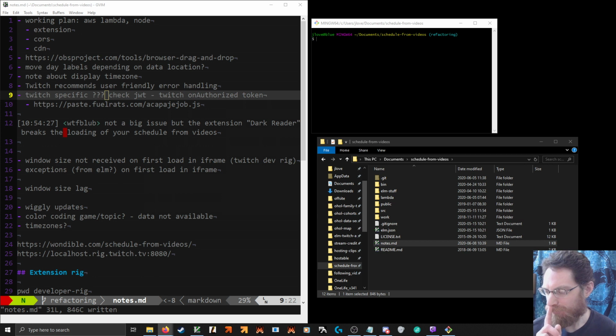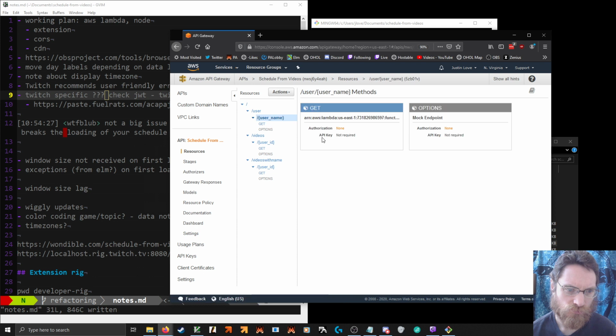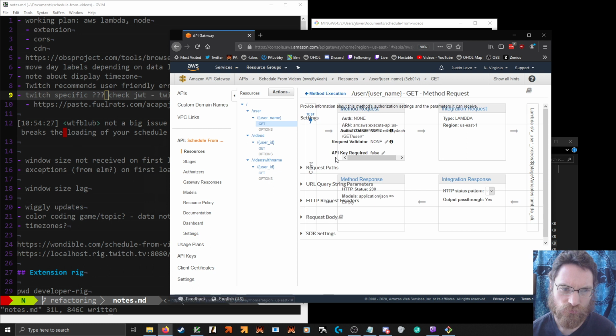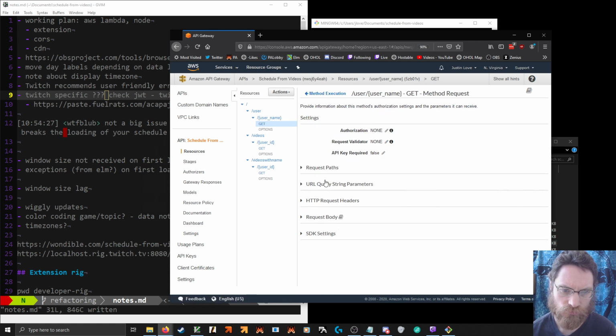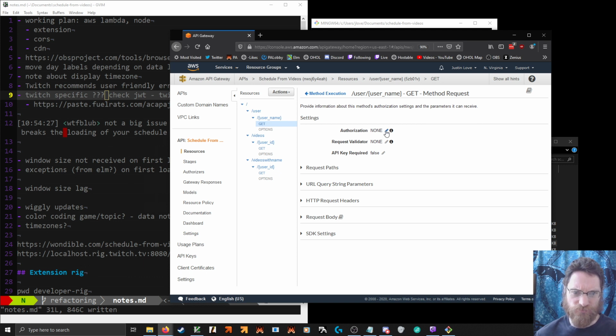All right. Well, actually, there's API Gateway. Or select a Lambda authorizer. So that'd probably be a Lambda authorizer. Which probably don't have a Lambda authorizer.